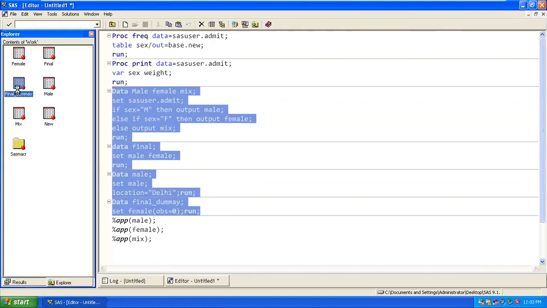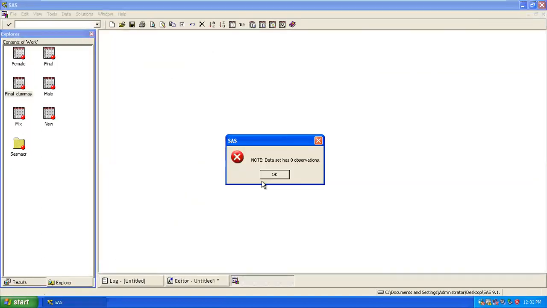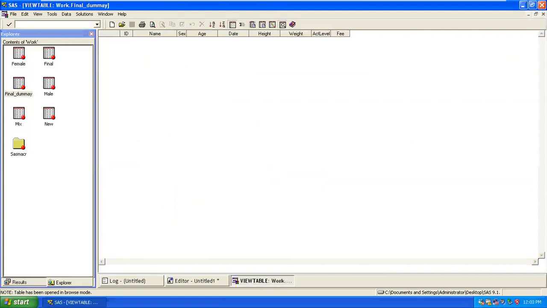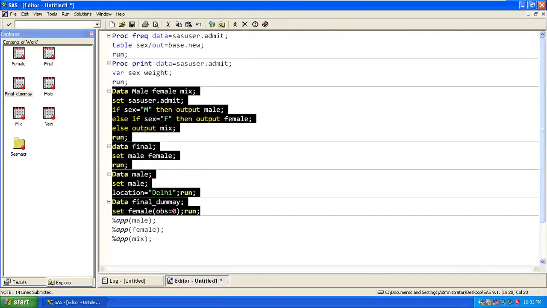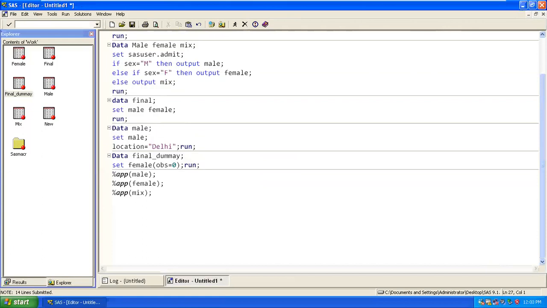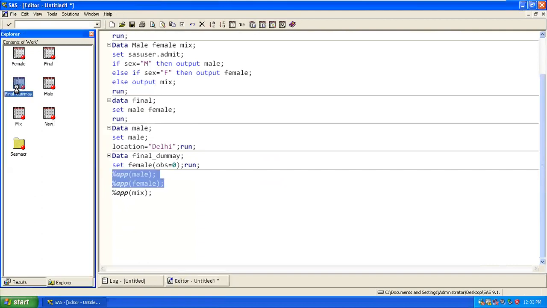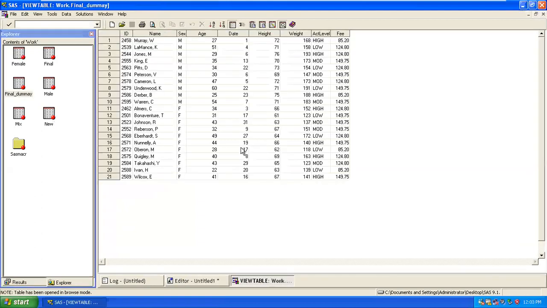So now your final data set, nothing you have, correct? I don't want to run any query. Macro is already created. If I run these two queries only, I'll get the data. Got it?